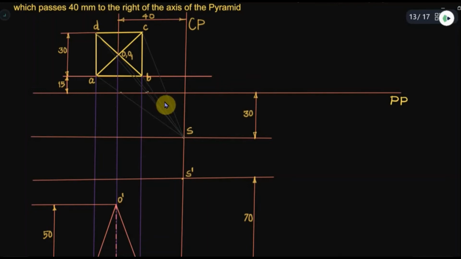And then thereafter the point of intersection of this visual ray from B to S, and then the line joining C to S. So that intersection is here. So like this, for each line, the intersection with the picture plane line. So we have to spot it, and better we will name it also.